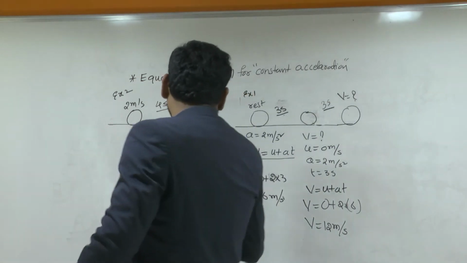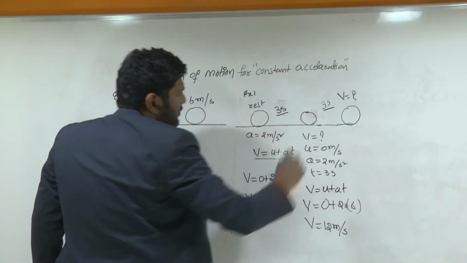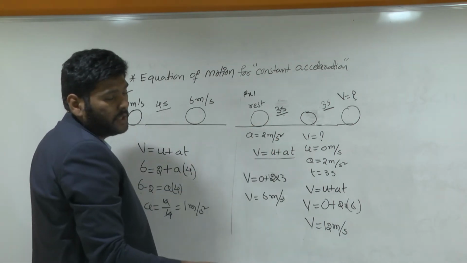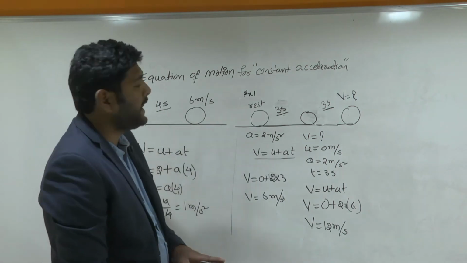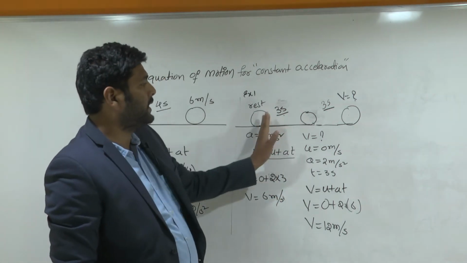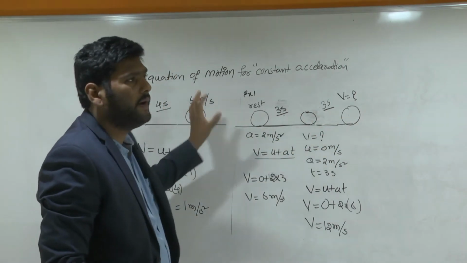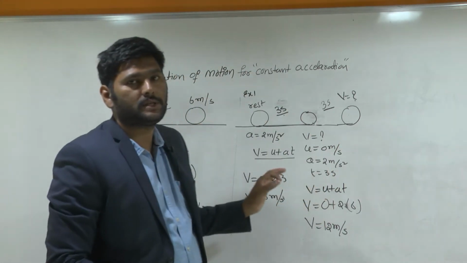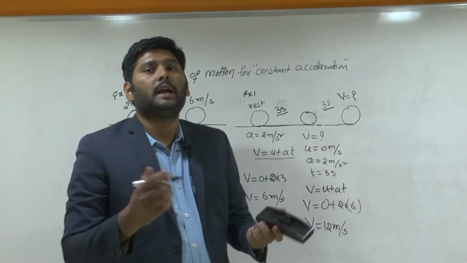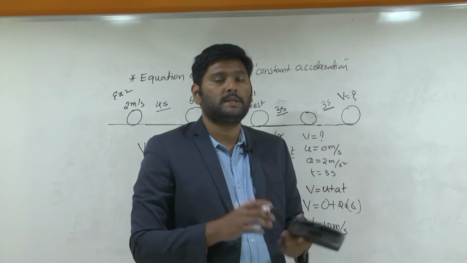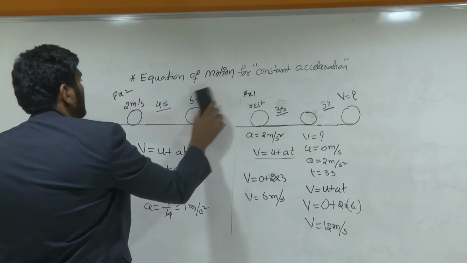And here I have one question. When it is traveling in a straight line path by changing the velocity, it will get a distance, it will get a displacement. In this situation it will get some displacement. Even in the second problem it will get some displacement. But how do you find this displacement? You can find the displacement by using the second equation of motion. Let's derive the second equation of motion.